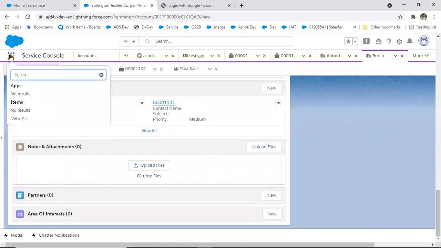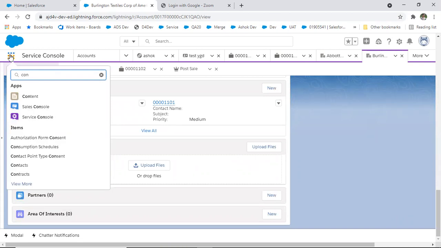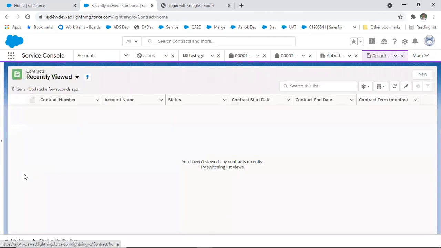See, a contract is nothing but information or agreement between the company and the other party, just like an agreement. Suppose I'm having an agreement contract with Burlington Textiles. What I will do, I will immediately create a contract record here.